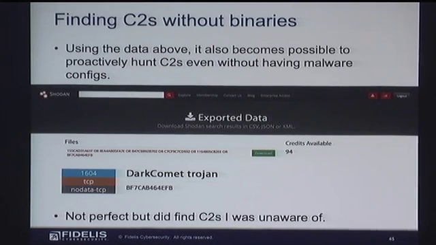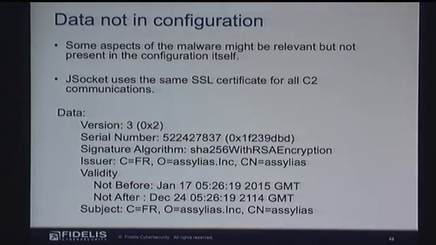So a search here of a couple of strings, and then you can start finding port 1604, which is the default DarkComet port, but it can be on anything you want. So Shodan can find some of these C2s that you could start adding to your own data, right? There are also some parts of data that aren't in the configuration itself that might be of interest. So in the case of SSL certificates, JSocket, for instance,